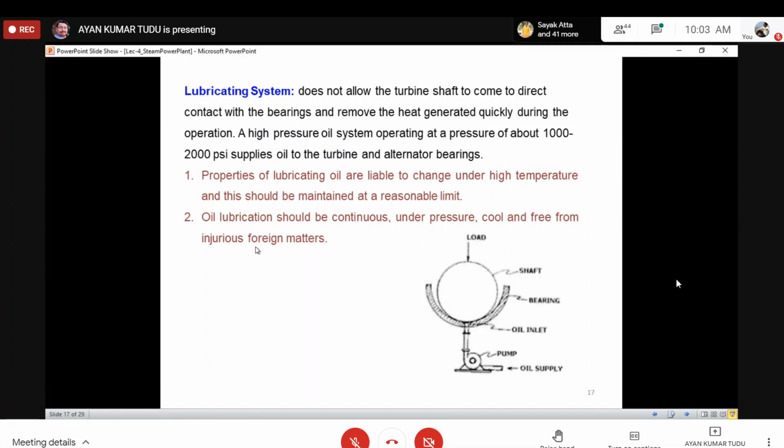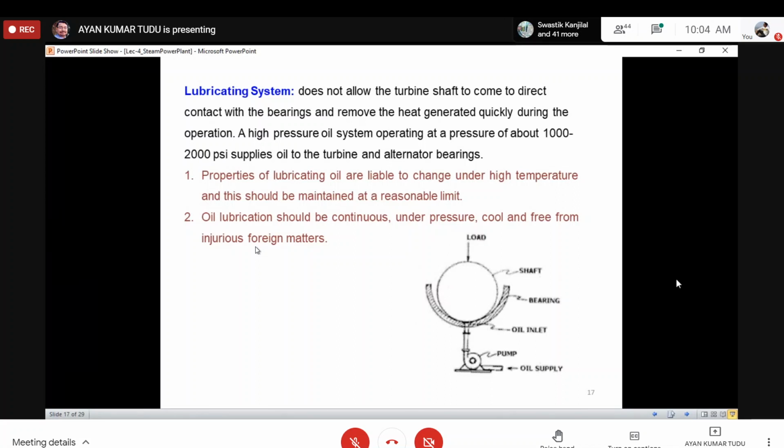The lubricating oil that we'll be using has a dual purpose: lubricating the equipment, specifically the bearings and shafts, and also acting as a cooling system. It can act as a cooling system also. Rather, we have a cooling system specifically for all the equipment, which we will be talking about in the later half of the classes.